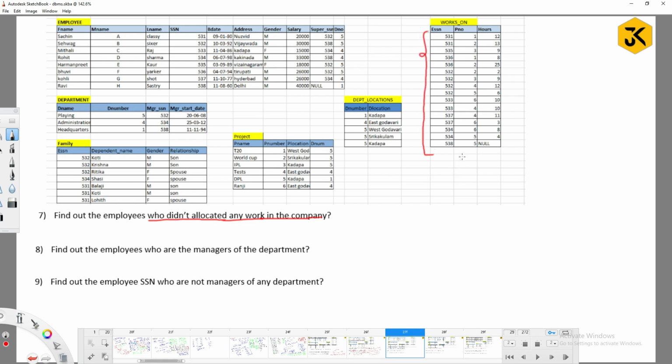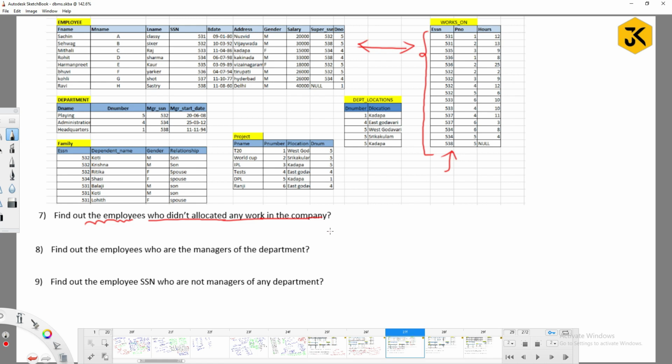Meaning that if the data is available in works on, they are the workers working in the department. So they are asking for the employee details. Right? At that time, what you have to do? You have to combine works on and the employee table. How are we going to combine? By using the join operation.